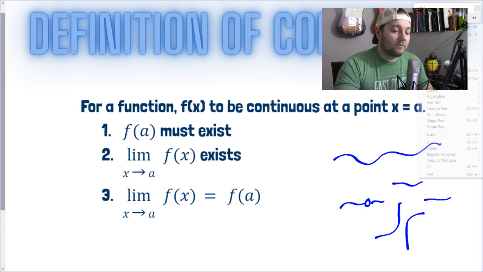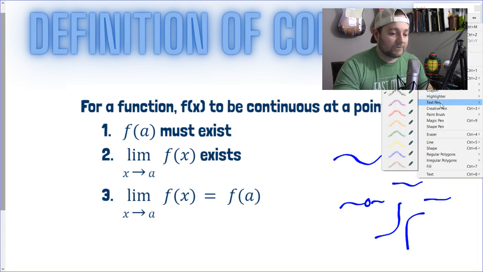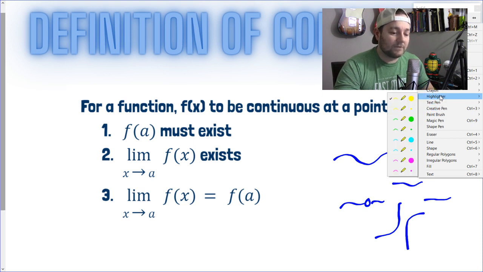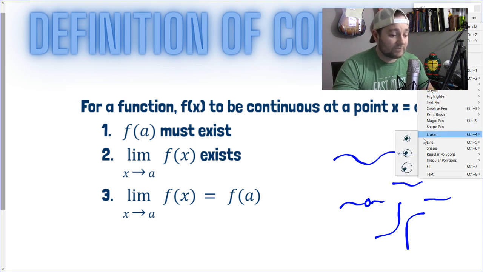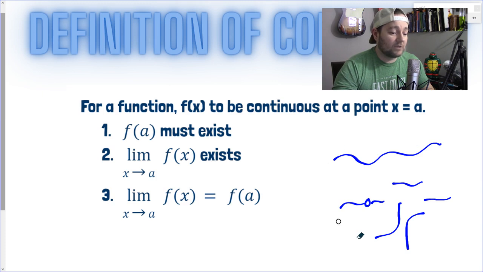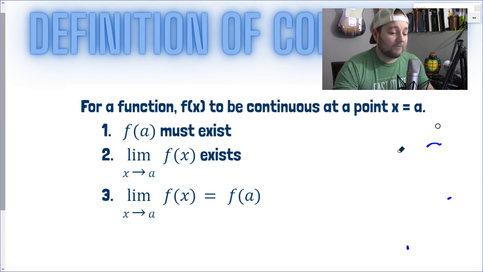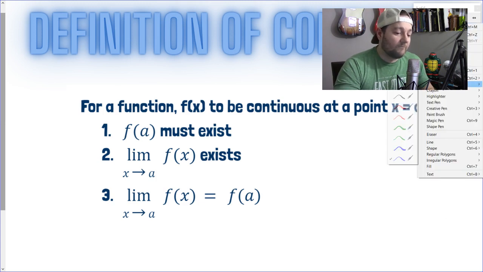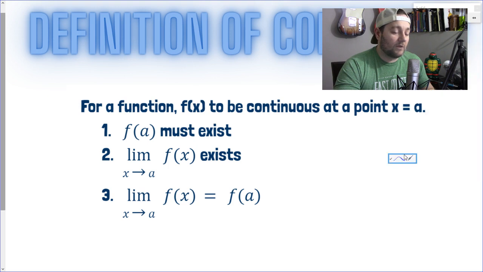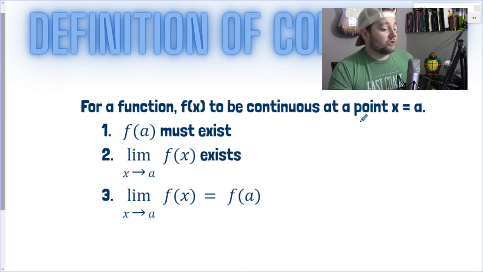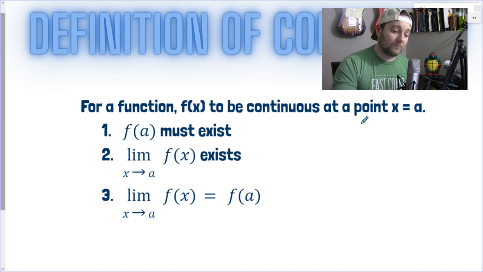In calculus, we have this definition of continuity, which is basically a test to see if a particular part of a function is continuous without having to do a graph. That's obviously very useful, because every time we get a function, we don't want to graph it to see what's going on. So a function is continuous at a particular point,